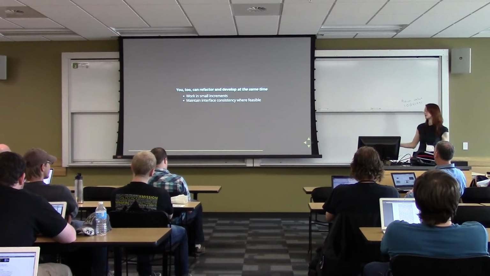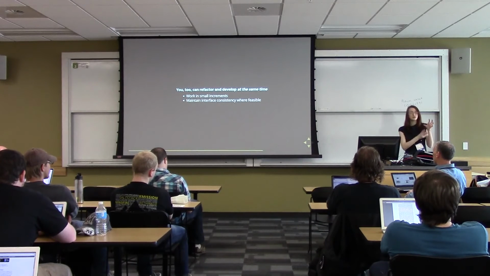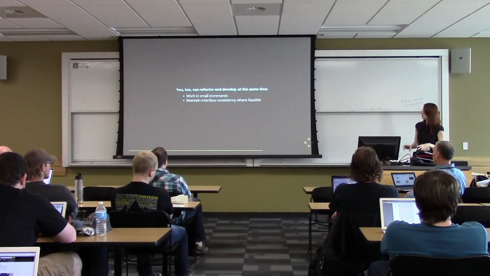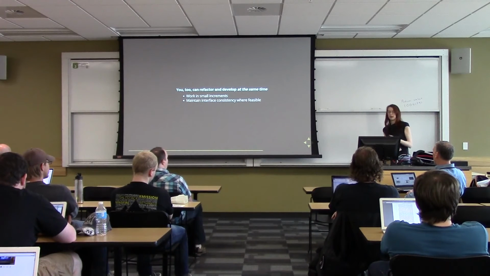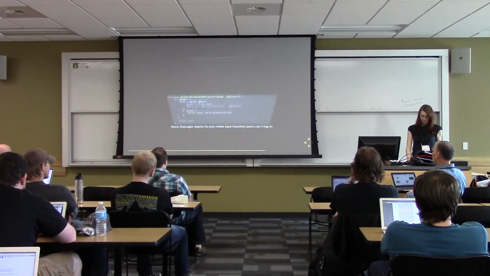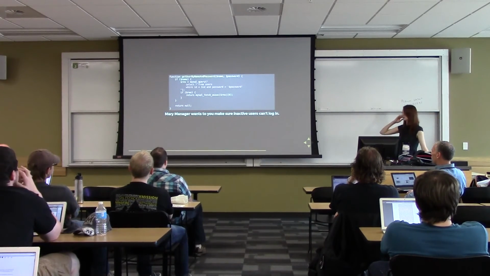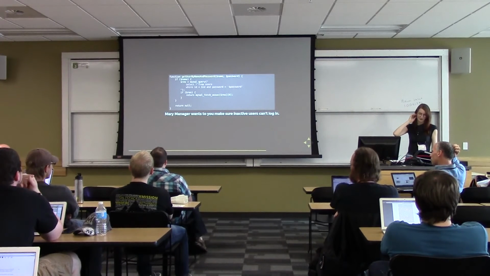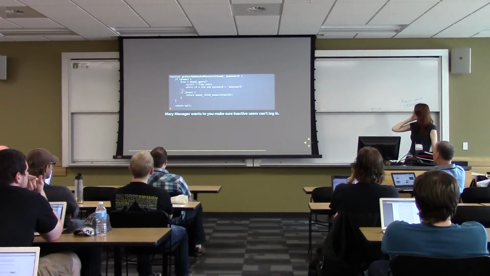So if you work in small increments, and if you keep the interface the same, like we did with that get user by ID, you can pull this code out, make it testable, and add stuff to it at the same time. So here's our other common.php routine, our method, get user by name and password, with our bug still in it, which is great.